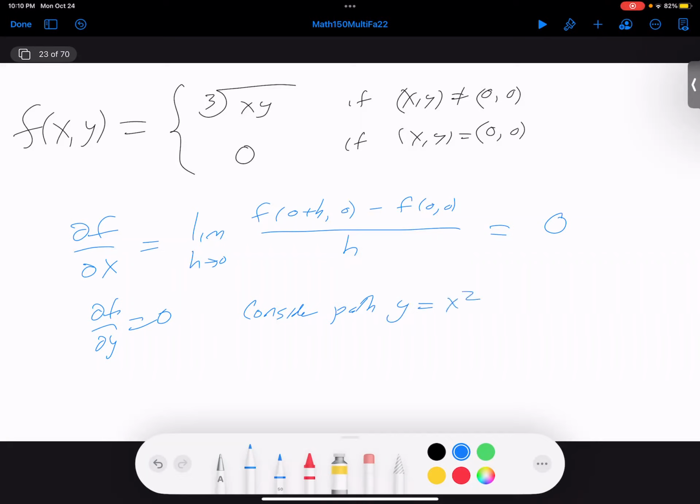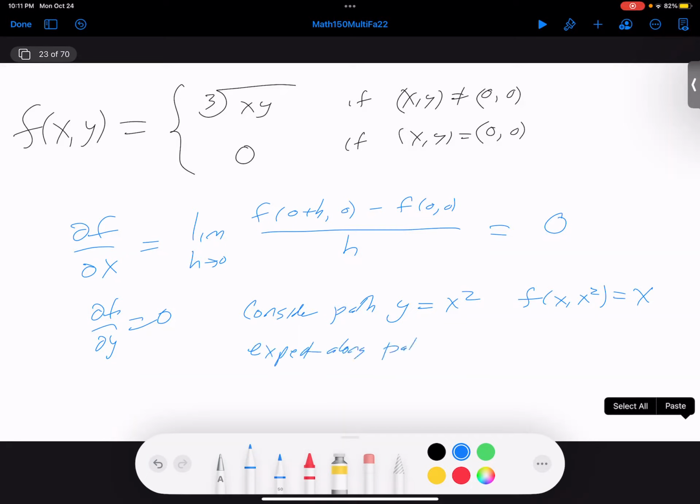x squared, what is f of x squared equal to? So if x equals x and y equals x squared, what's f of x? It's just going to be x. So now, if I were to take the derivative of the function x, what should I get? 1. Yeah. So would expect